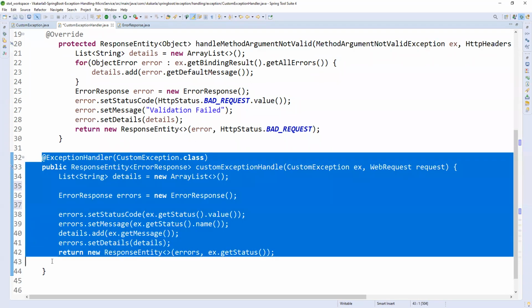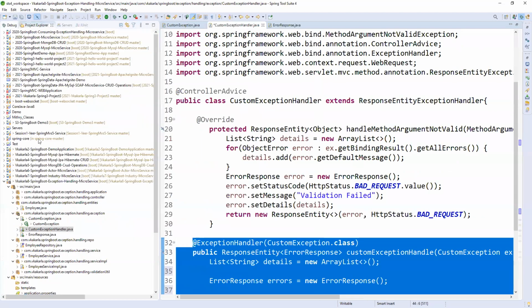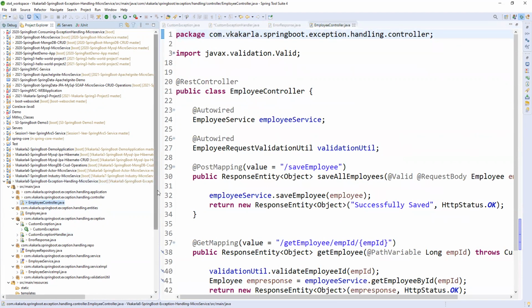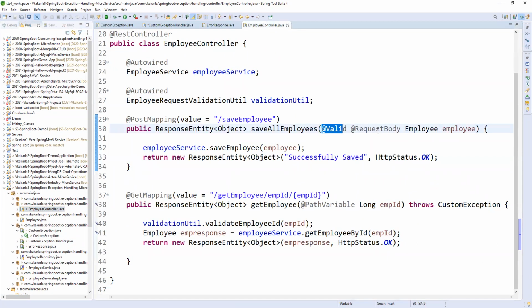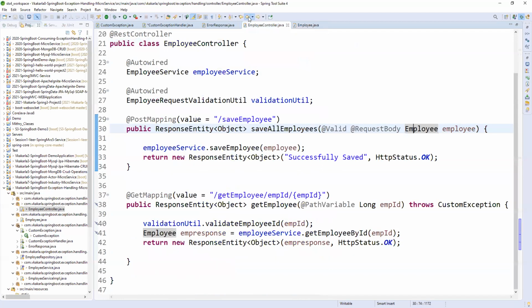So this is what is related to the custom exception. If I am passing the request, for example, if you see here in the controller, I will tell you each and everything while debugging, no issue. First of all, understand what we are doing. @Valid @RequestBody, employee object we are passing. In that employee object, we have some validation-related annotations, right? Whenever you are using @Valid, Spring Framework will take care of handling method arguments. This is the method, and the employee object is a method argument.